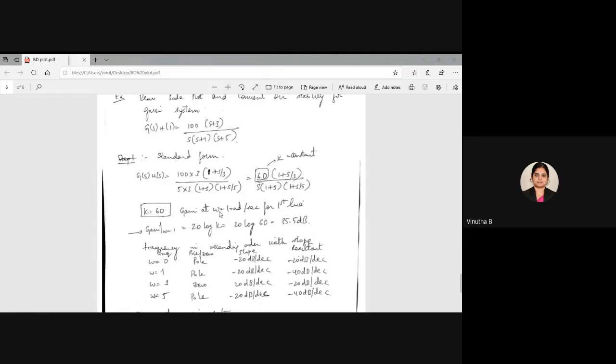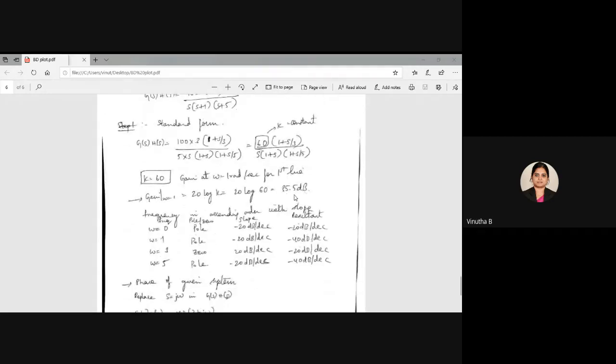So now gain at omega equal to 1 radian per second for the first line. How much do you get? 20 log K, which is 20 log 60. So you will be getting the gain value at omega equal to 1 radian per second to be 35.5 dB. So you have your calculators with you. You can just calculate this. If there is no base given, that means you will be taking it as base 10. 20 log 60 to base 10 will give you 35.5 decibels. So this is the gain value. Okay. Now